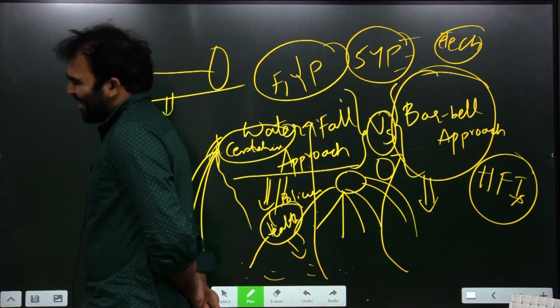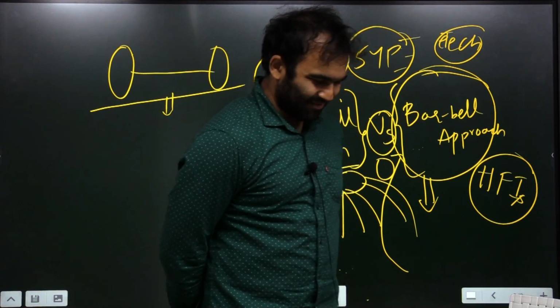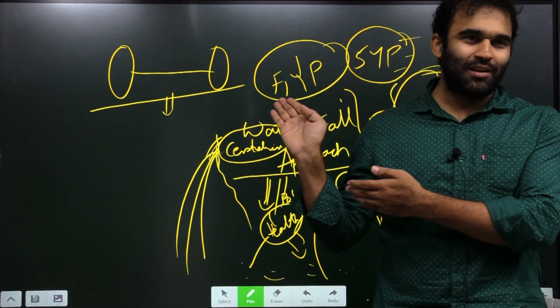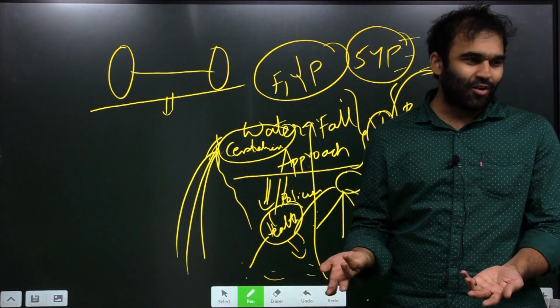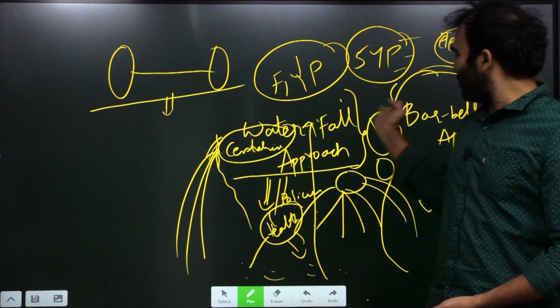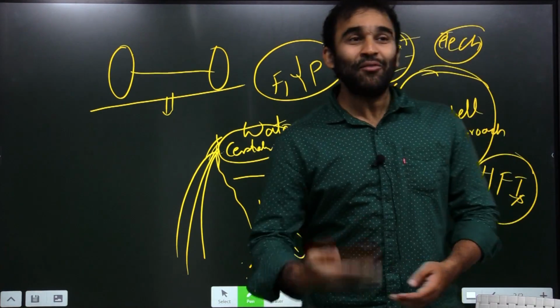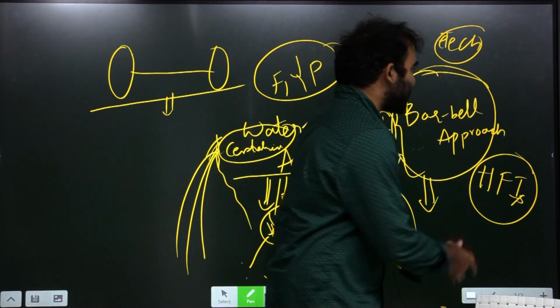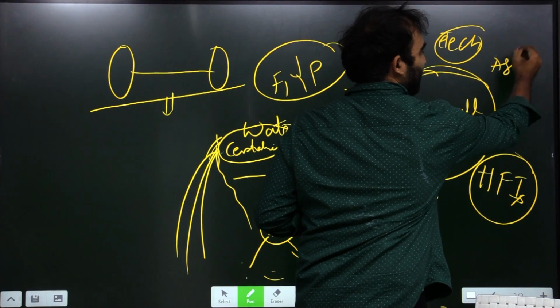Any questions? All said and done, even after wrapping up the 5-year plans, even today, more or less, we go for the waterfall approach only. Everything is being centralized in our economy and in our country. Where is the question of barbell approach? In fact, barbell approach has a sub-strategy in it called agile methodology or agile method.